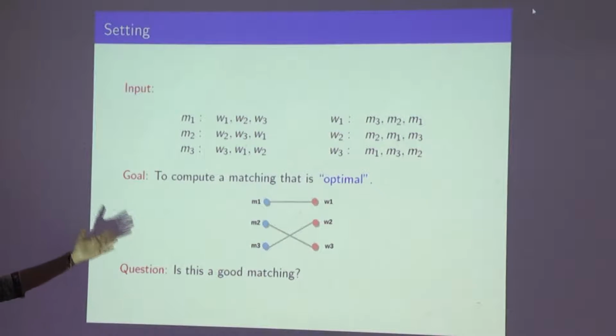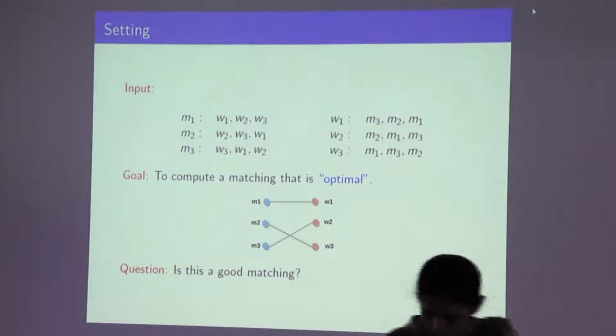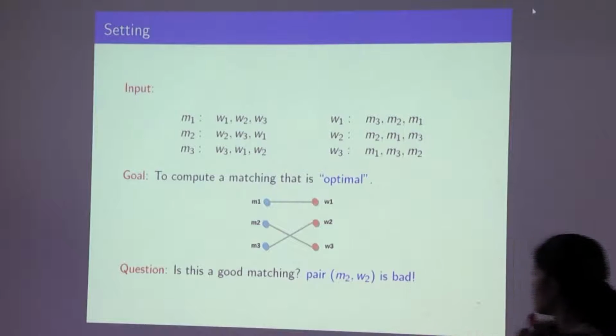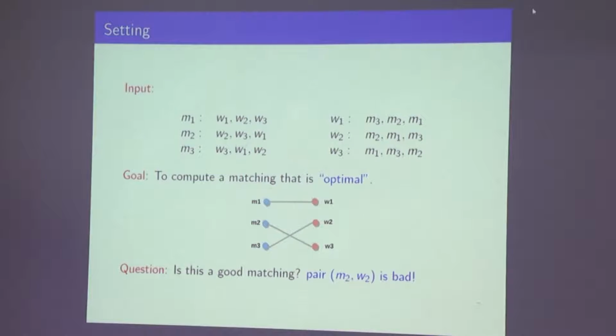But you can think about this in a very practical scenario, where if such course allotments are done, M2 and W2 are going to be very unhappy, because M2 has lost a good course that he or she wanted, whereas the course has lost a good student who was interested in doing that course. Both the university as well as the student are going to go to court saying, this is not what I wanted, when there is an assignment which is possible which is stable. So indeed, this M2W2 pair is unstable for this matching.